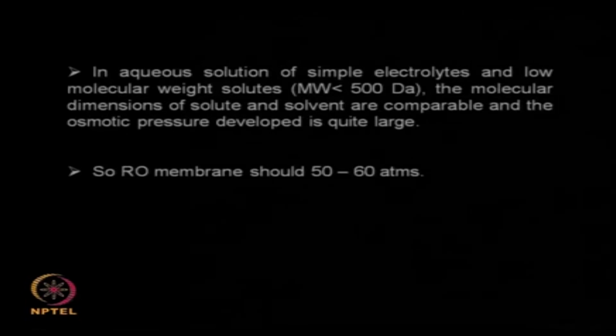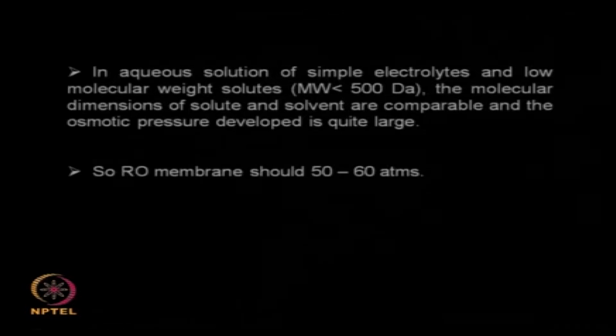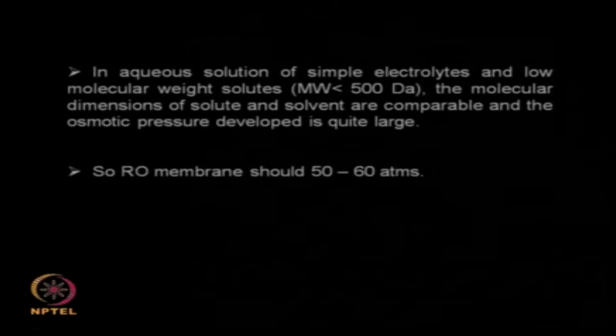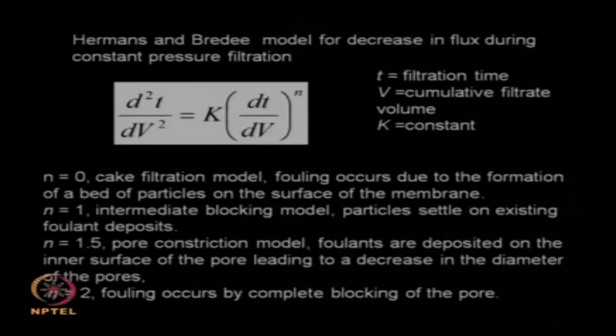So if you take an aqueous solution of simple electrolytes and low molecular weight material, less than 500 Dalton, the molecular dimensions of the solute and the solvent will be comparable, okay. So you need to keep that point in mind. Now the pressure for reverse osmosis will be very large, so our reverse osmosis membrane should be operating at almost 50 to 60 atmosphere pressure. Now as the membrane process keeps taking place, there is always a decrease in flux over a period of time